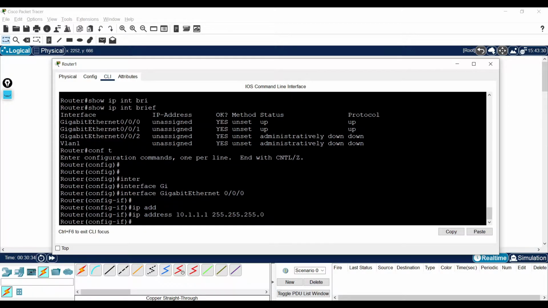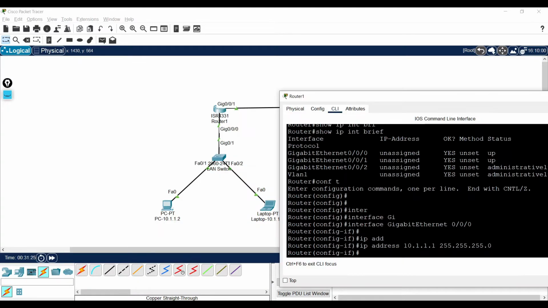One simple command in interface configuration mode assigns the IP address. And this Gig0/0 interface will be acting as the gateway to my current PC network.